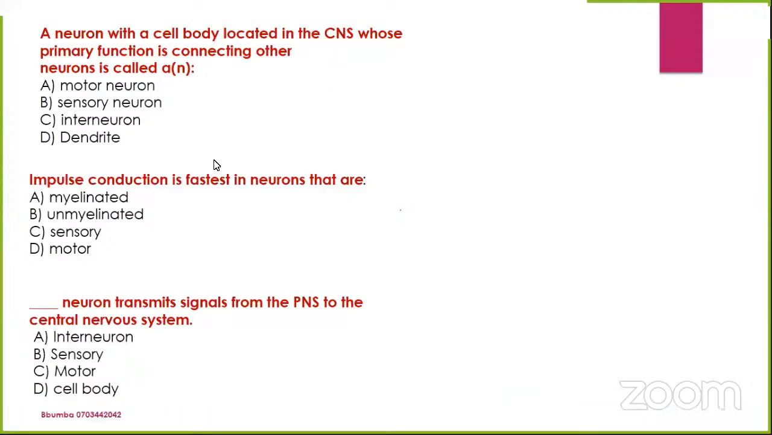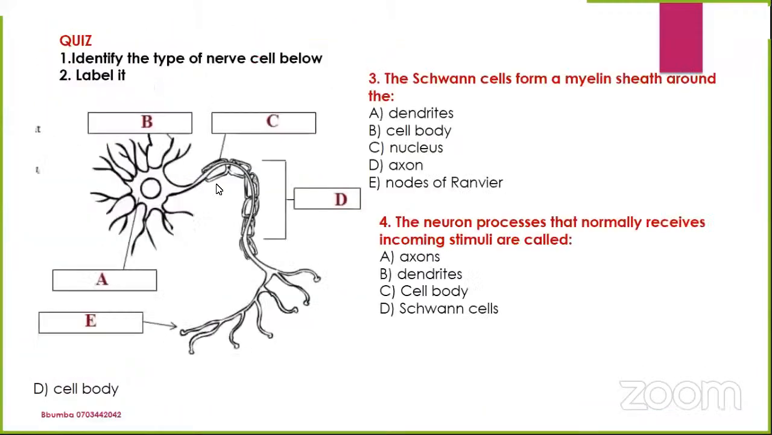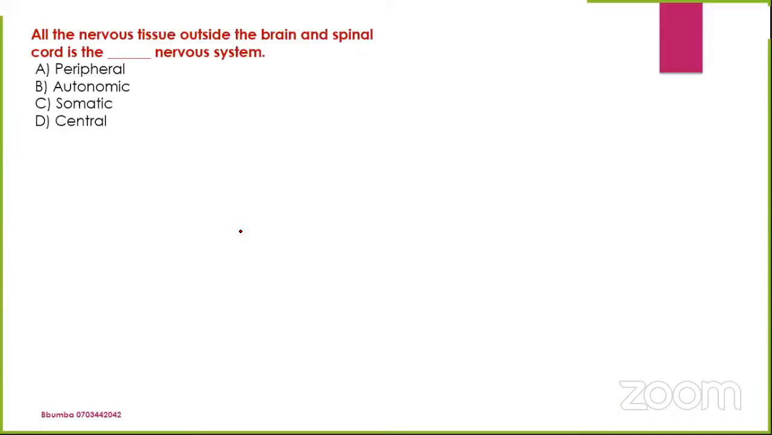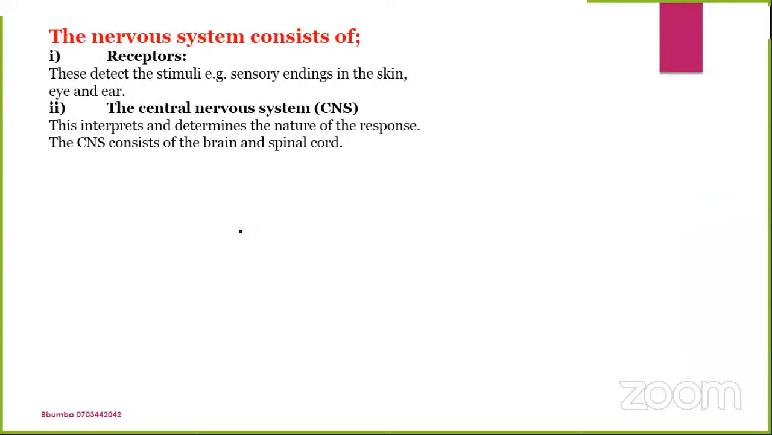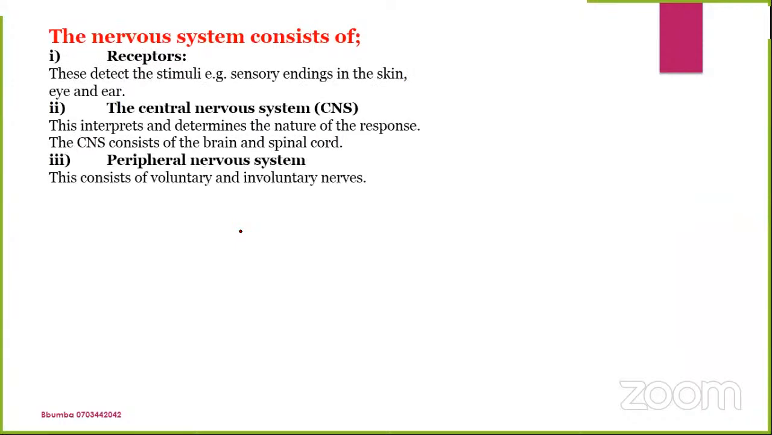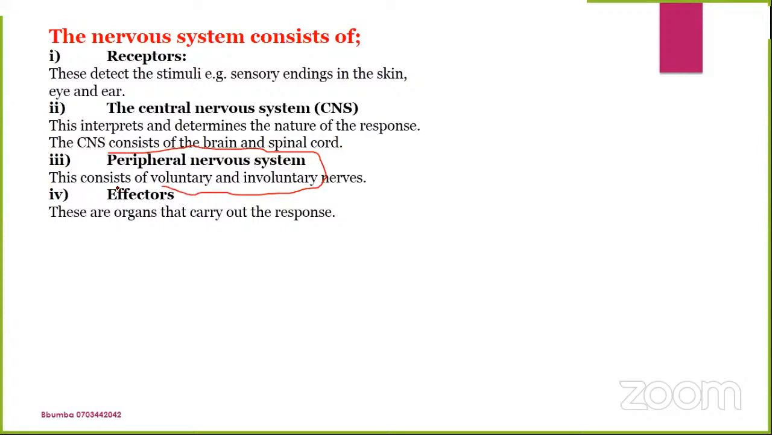Okay, good. So these are the questions which we ended with last time. We ended by looking at the nerve cells. For those of you who have just joined us, we're looking at the nervous system, which consists of receptors, the central nervous system, and the peripheral nervous system. Now, we are still discussing and trying to understand more of the peripheral nervous system, which includes the voluntary and